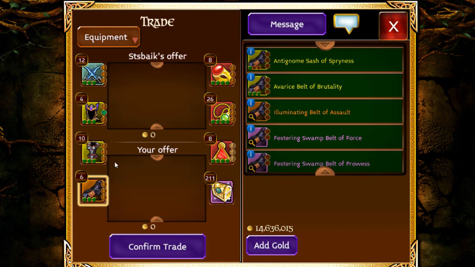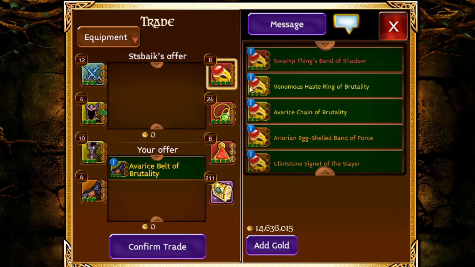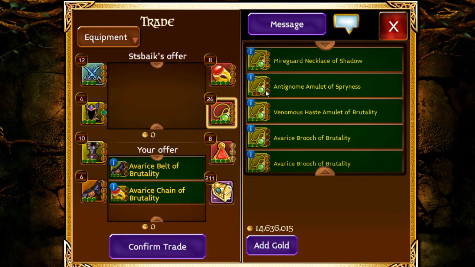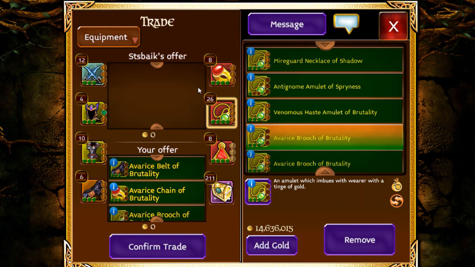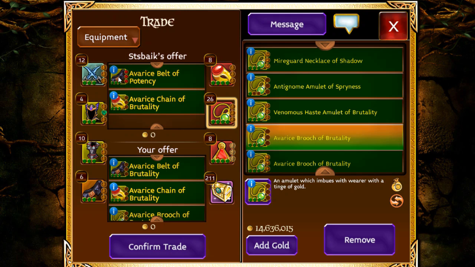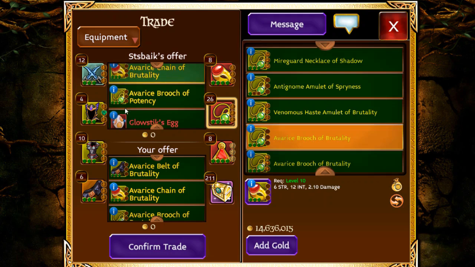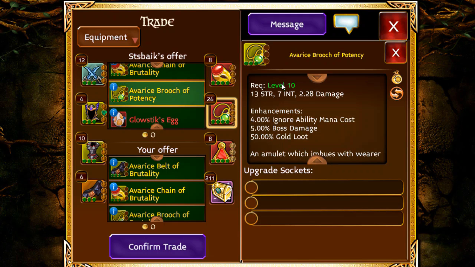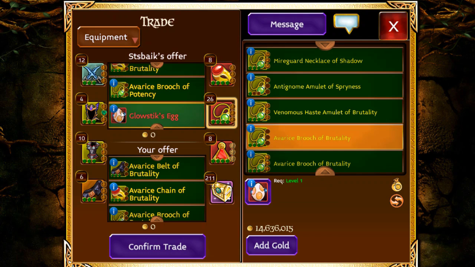I wanted to make a video where I sell my Avarice set, which has 490% gold load. I ended up selling it for about 120 million, which I think is a ridiculous amount of gold. So I wanted to make this video discussing what is happening and how to make deals like this where you make a lot of profit and get a really good deal while being fair and giving the other person something